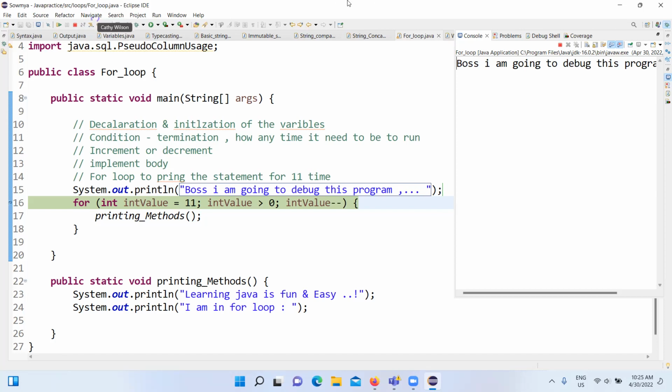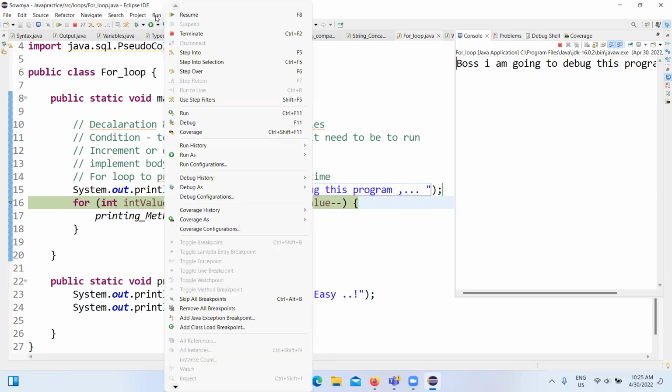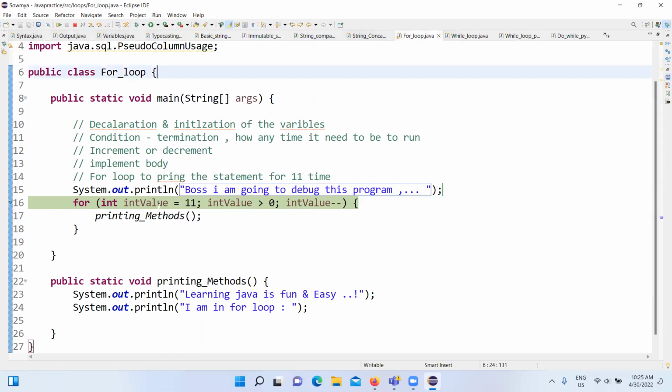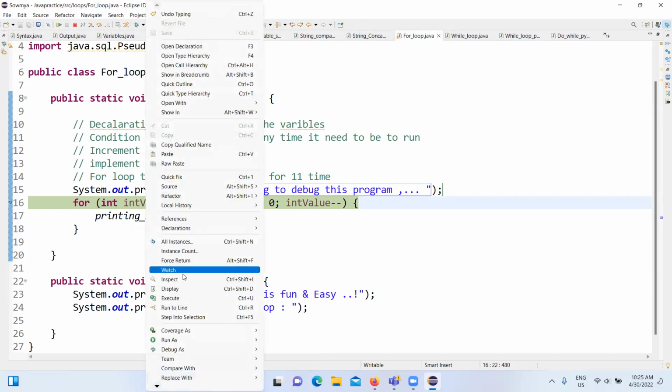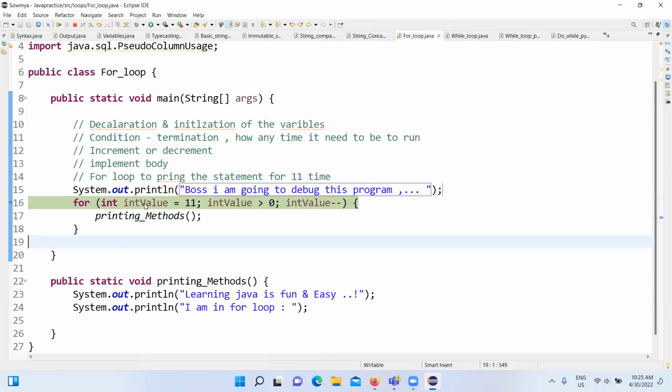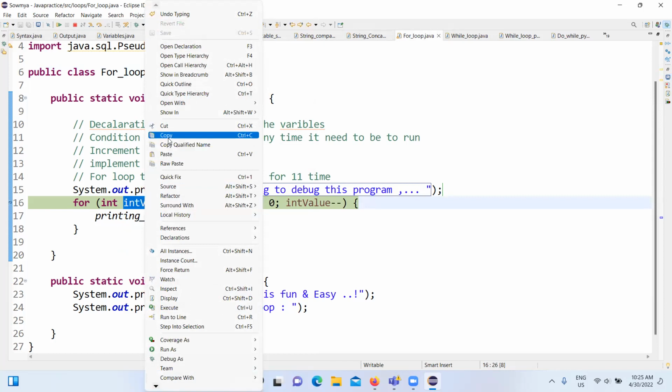Else, you can directly go here in the Run menu. In Run, you can see step over, step into. F5, F6. F6 is step over, F5 is step into. Okay, now before going into this, I just wanted to see the values of these particular things. What is the value of int now? Currently the current value is 11. So now what you can do is right click on this, and then on this particular right click,